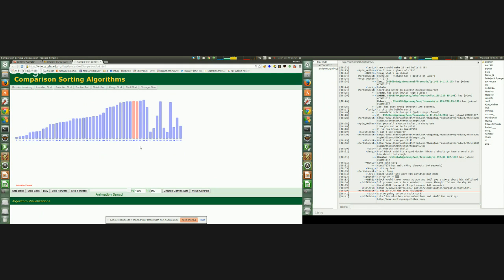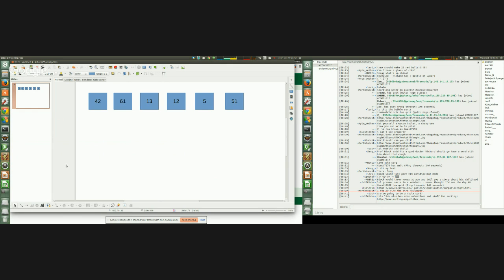We then compare the 80 and the 97 and we swap them, and then we compare the 80 and the 95 and we swap. And we continue with those swaps all the way down until we find the correct place for the item that we're busy inserting. Okay. So if we go back here,